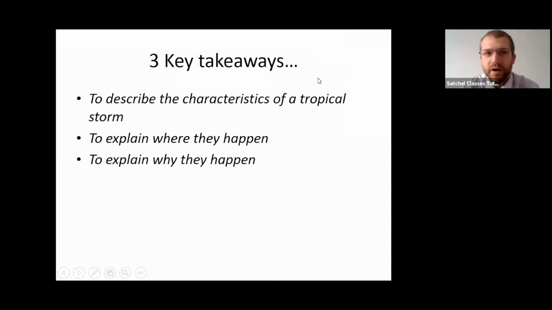Hello and welcome to our lesson on natural hazards and in particular tropical storms. Today our three key takeaways are to be able to describe the characteristics of tropical storms, to explain where they happen in the world, and to try and justify why they happen in those places. So they can be really complex